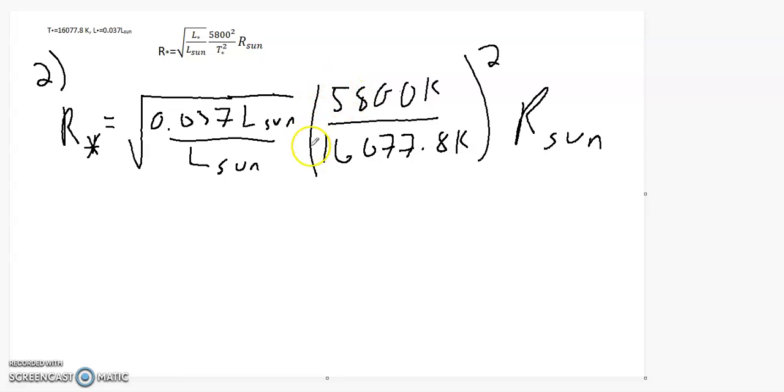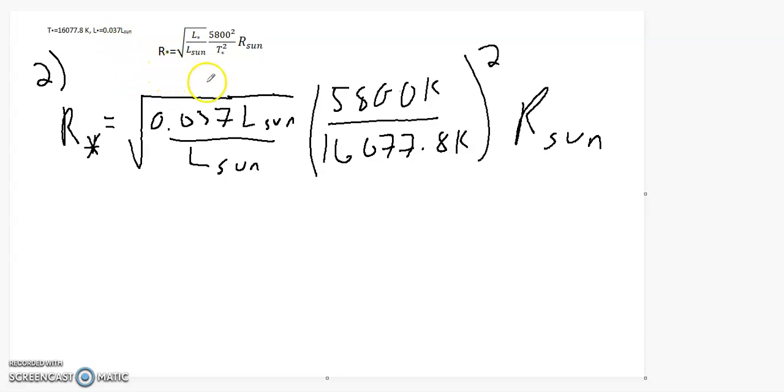You can either individually square the temperatures, or divide the two and then square the fraction. Anyhow, the luminosity of the star is